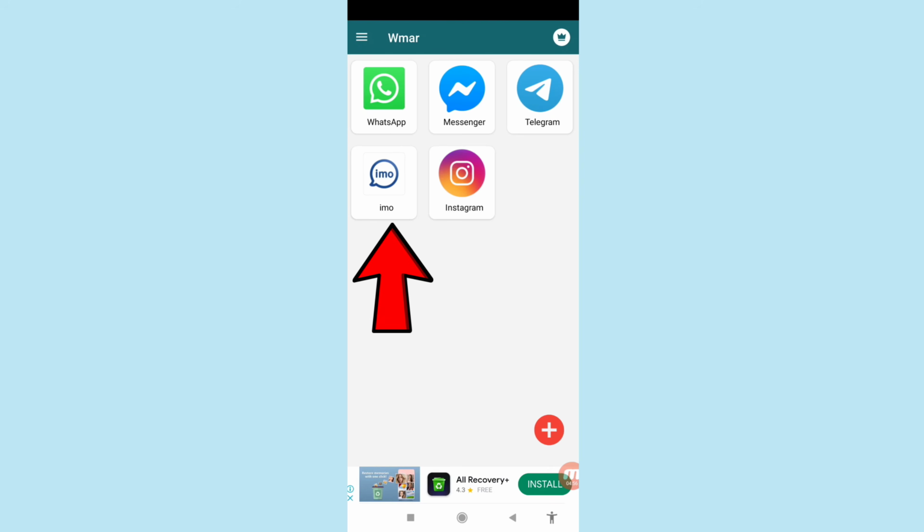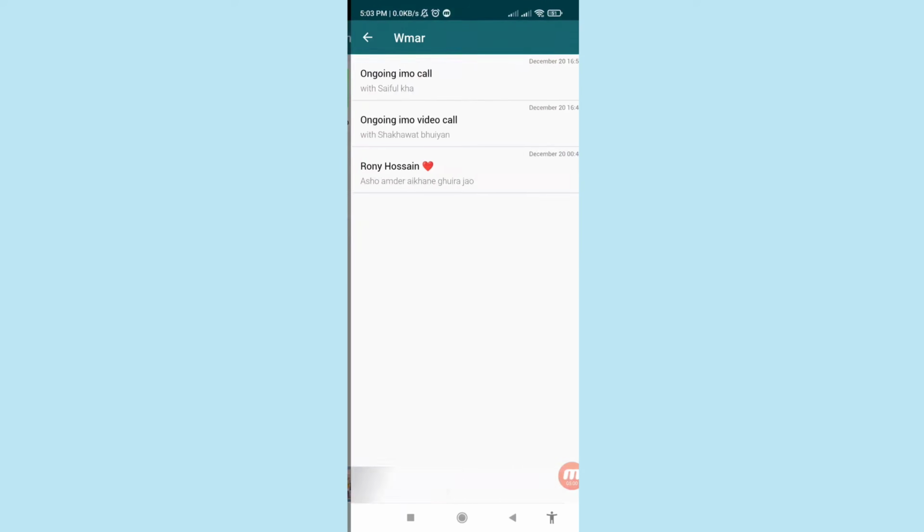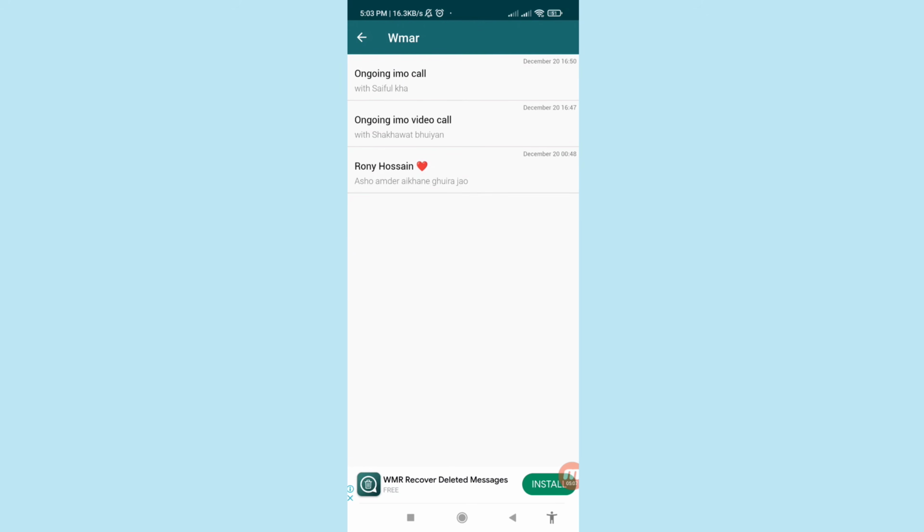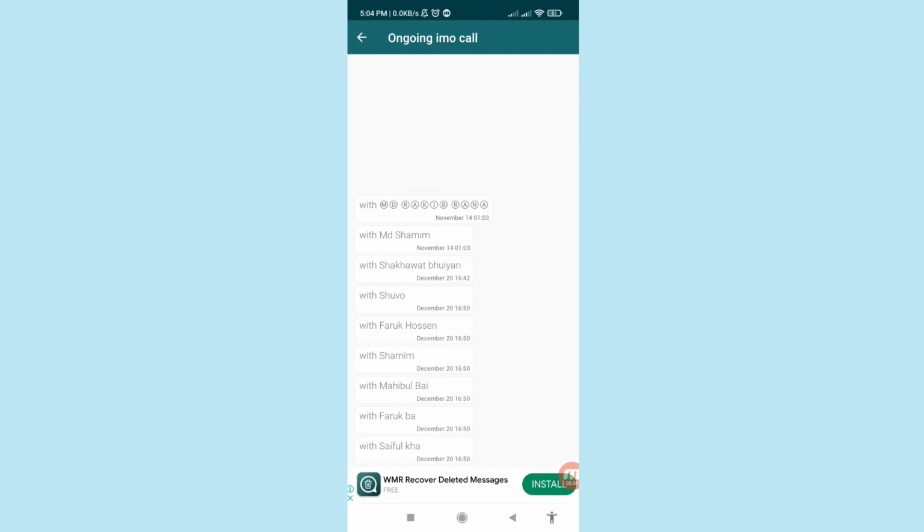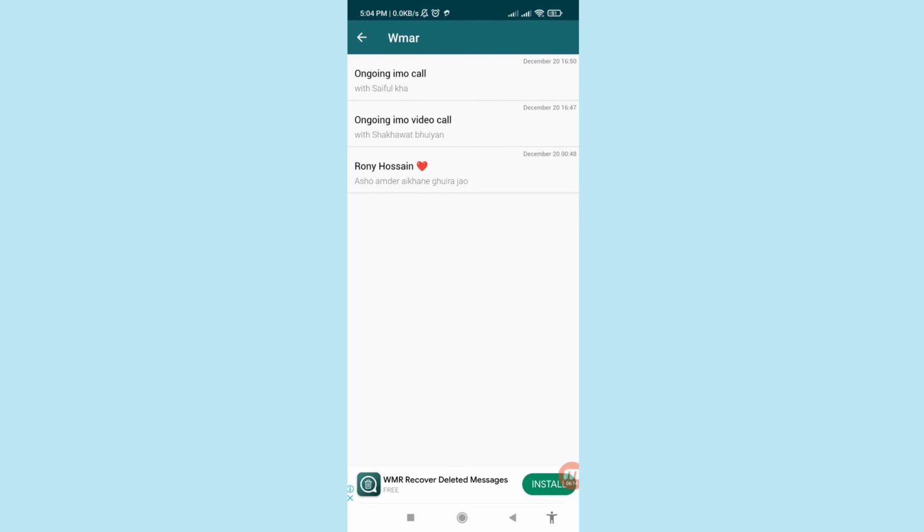Emu, Instagram. You can open Emu, so click here and open Emu, and in this way you can see all your deleted Emu calls history. Open it, and right now you can see all your deleted Emu audio and video calls history here. And in this way you can easily recover or restore all your deleted calls history and audio or video calls